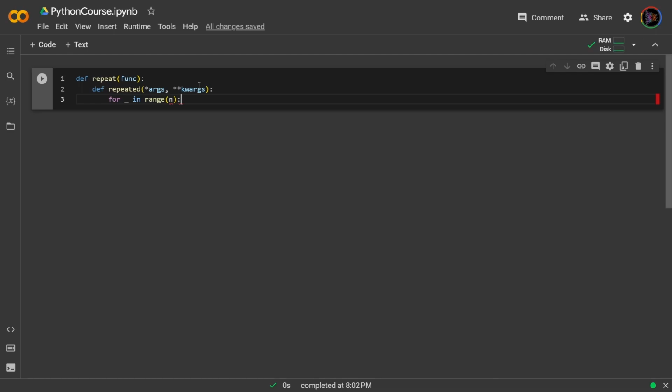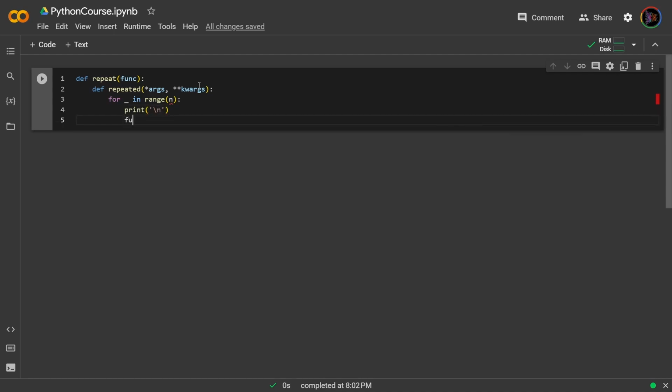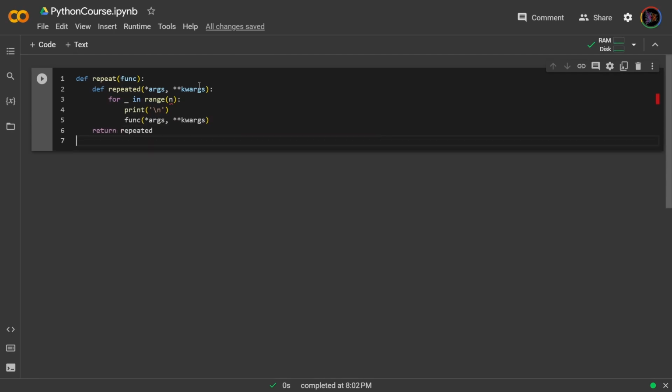Basically that is user specifiable. Then I'll write print for new line so it doesn't get too cluttered, and then I will call the function func args and then keyword args. And now I will return repeated. So this is the repeat decorator so far. Obviously, we want this to be customizable so the user can specify however many times they want to repeat the function call. So I can add another layer,